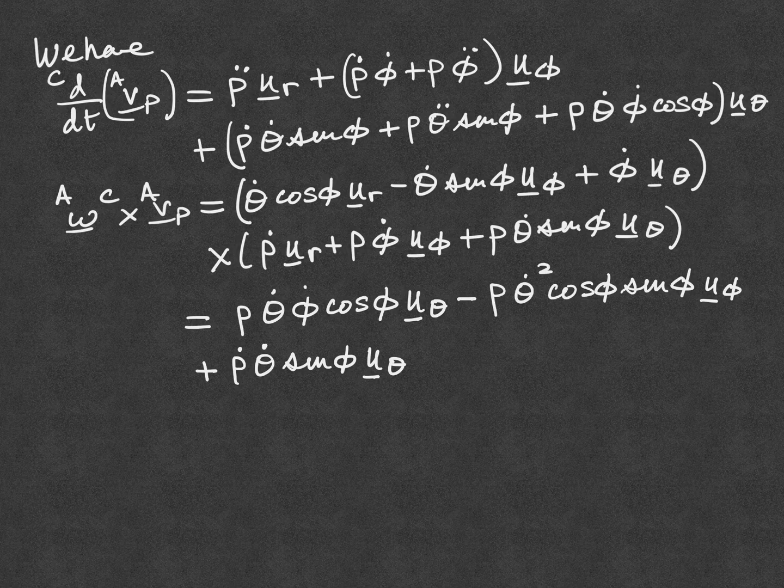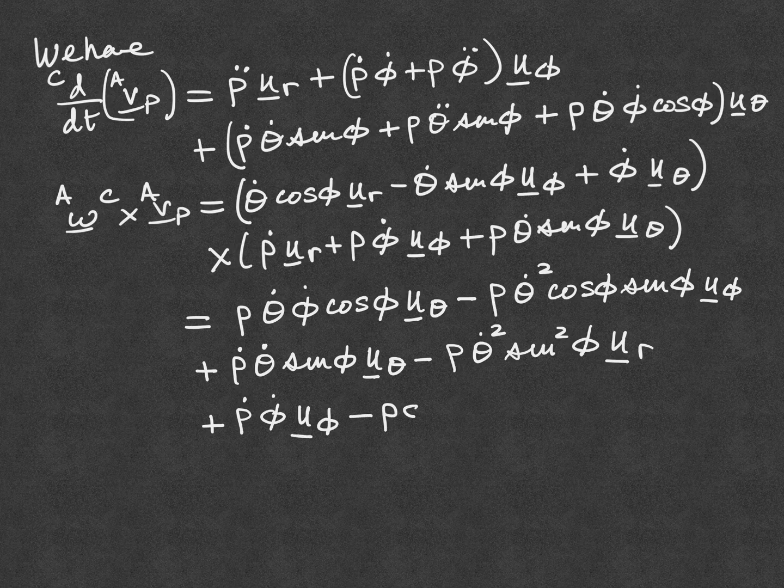and then U phi crossed with U phi is 0, and U phi crossed with U theta is UR, which gives minus rho theta dot squared sine squared phi times UR, and then we have U theta crossed with UR, which is again 3 crossed with 1, which gives plus rho dot phi dot times U phi, and then I've got minus rho phi dot squared times UR. So now we can combine all of the like terms to get the following result, which is